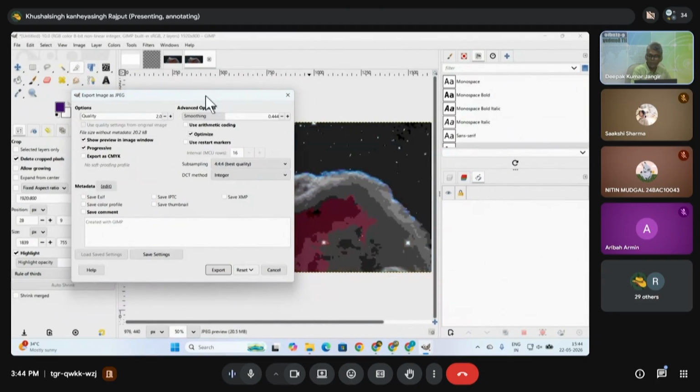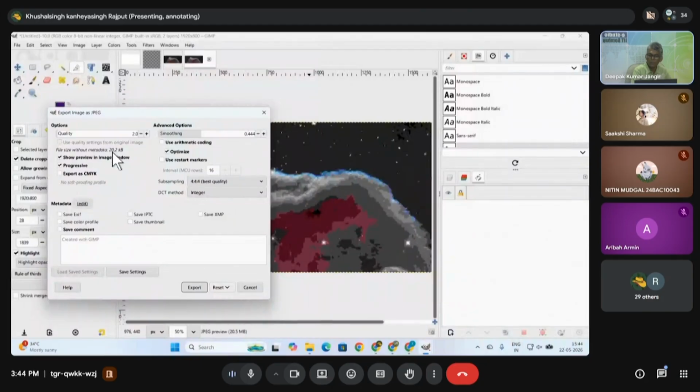So if I take 2%, the file size will be 20%, but you can see the image is very damaged. So that's why you have to check what the limit is where there is no damage to the images. 10% is also not okay. 20% is the best. So the minimum I can reduce the file size to is 37 KB, and